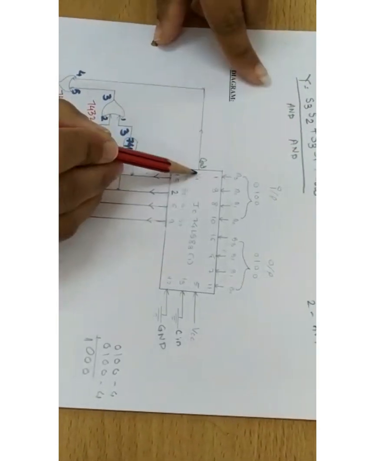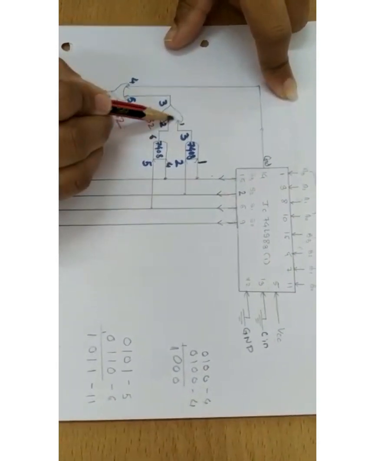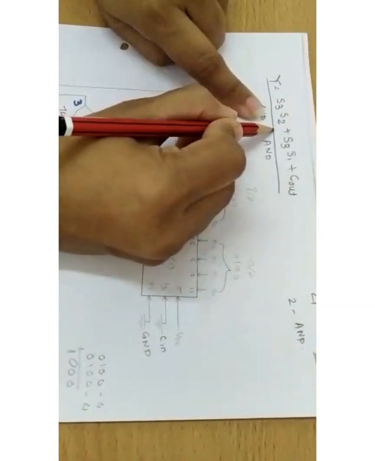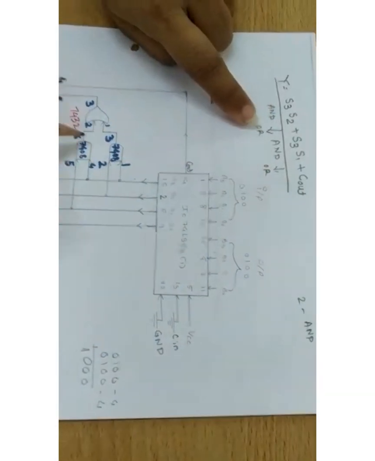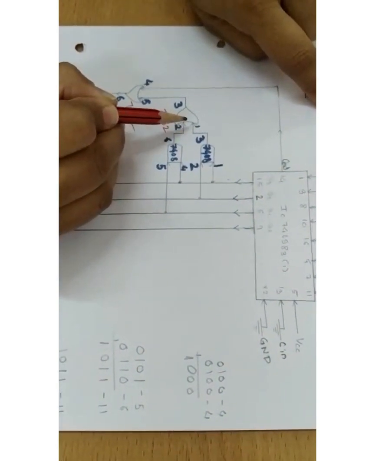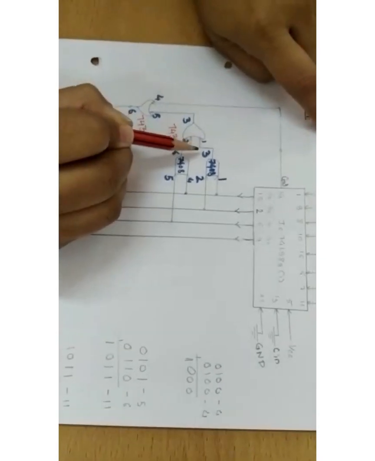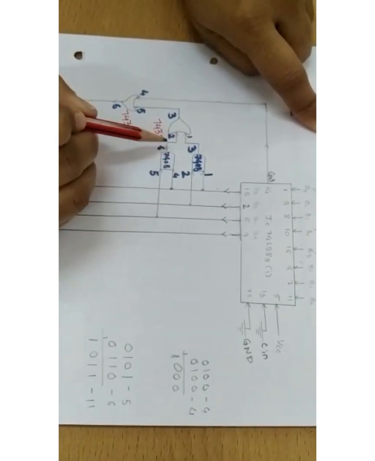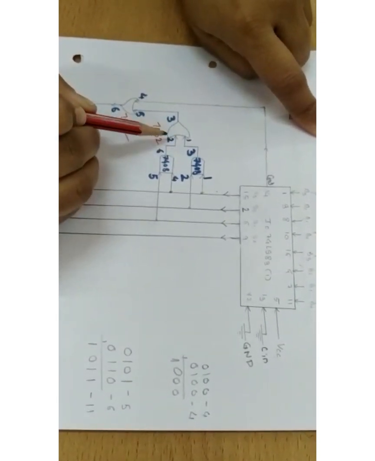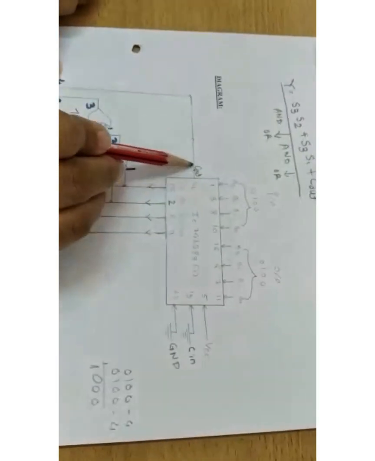Okay, now here the C out also has to be combined with these. So you are getting two different AND gate outputs. So how to combine that? You have to use the OR gate, because here it is addition, meaning OR gate. So you have to use 2 OR gates. I am again using the OR gate IC because 4 OR gates are in one IC. So the first OR gate is 1 2 3. These outputs of the AND gates are connected as the inputs for this OR gate. So you are getting output 3. This output is now connected with C out.